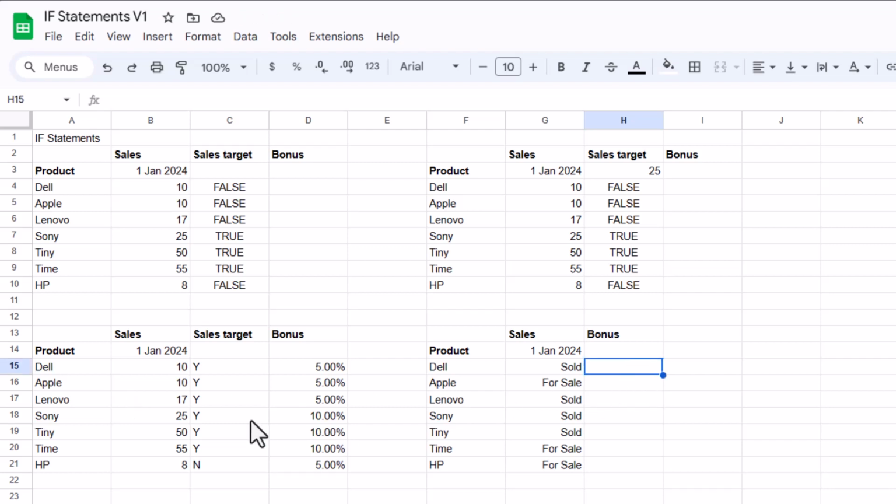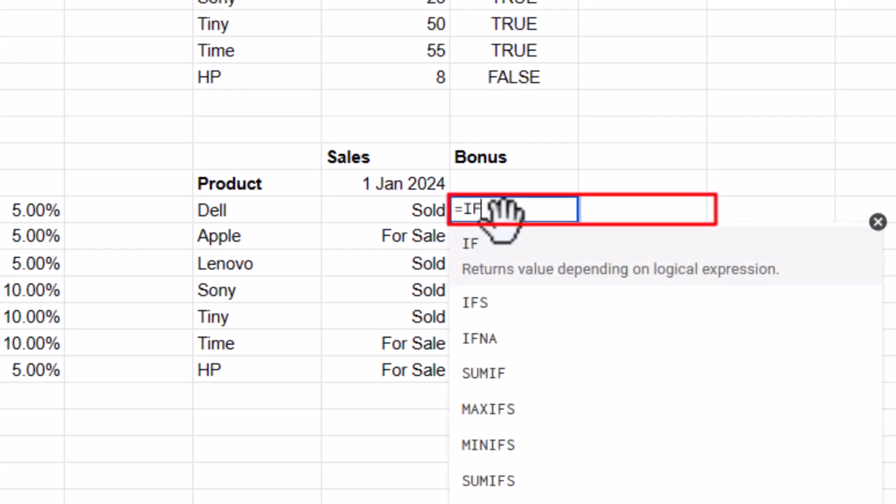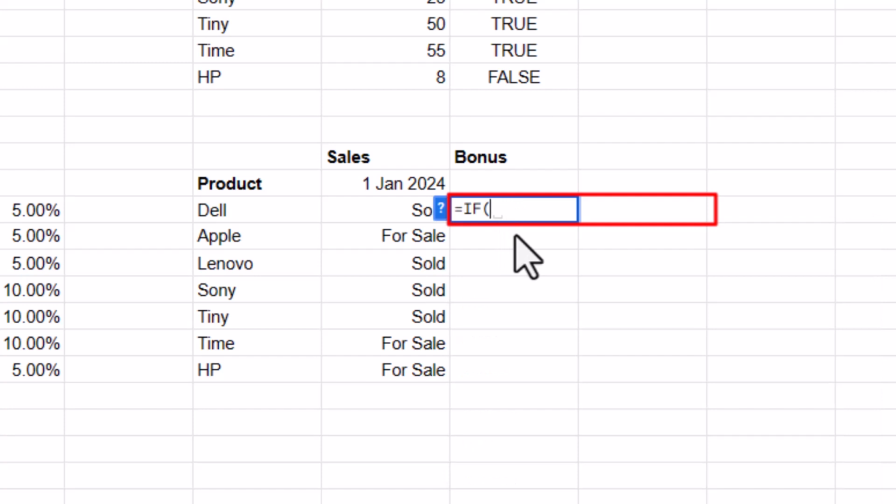I'm going to give you one final example. It doesn't have to be relating to numbers, okay? So you could do this formula and say, if it's showing that an item is sold, then do something with that information. So let's show you. So I've clicked in the cell where I want the information to appear. So equals, if, open bracket. So if that cell there, which is G15, equals, quotation mark, sold, quotation mark. So if it is saying in that cell that that item is sold, or whatever's in that text there,